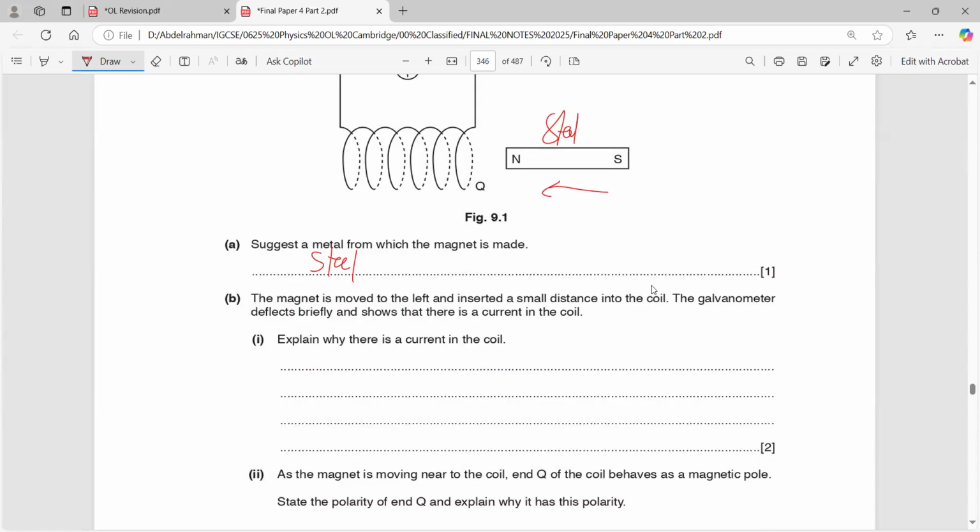As the galvanometer deflects, explain why there is a current in the coil. Because of the cutting of the magnetic field. So basically, we'll say that the